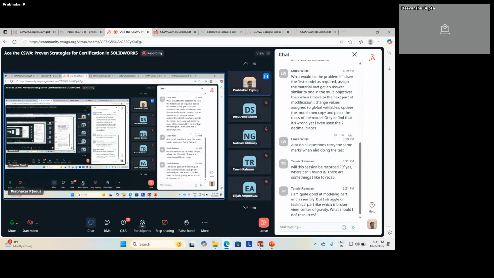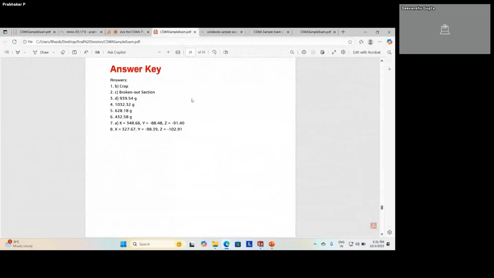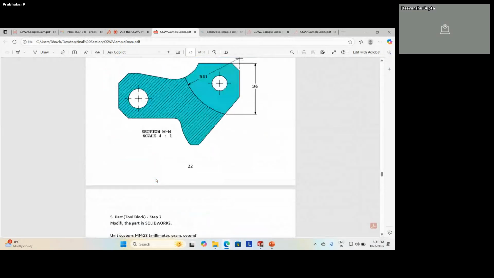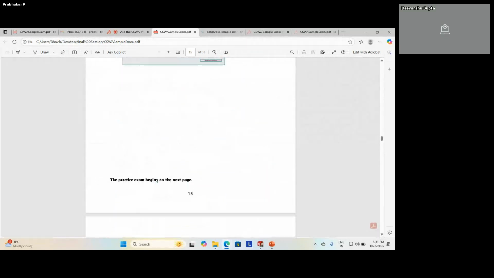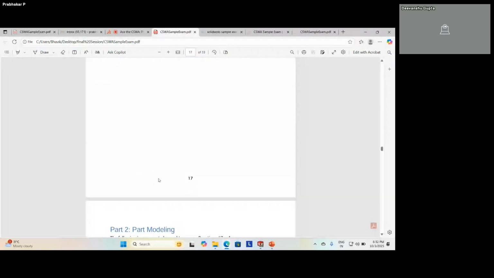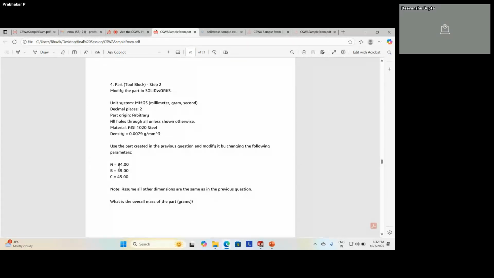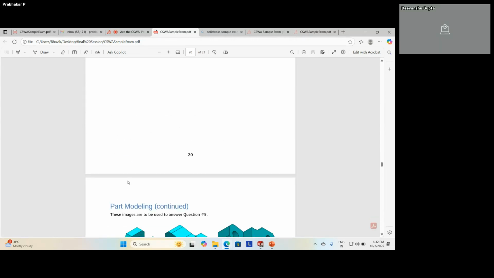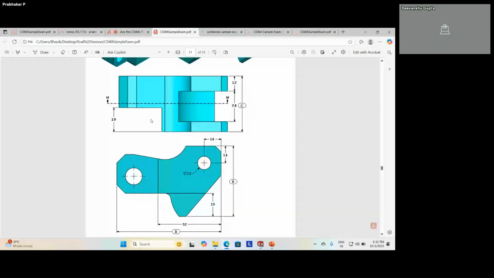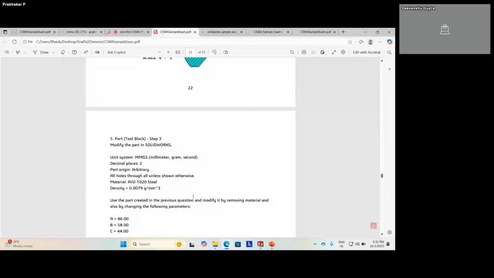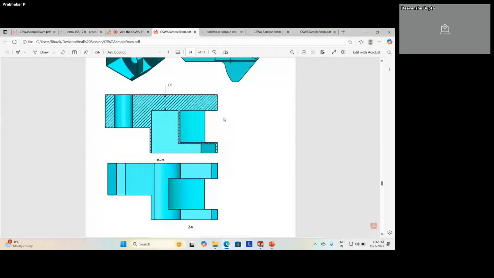Also, do all the questions carry the same mark? No. When you build a first model, the weightage of the questions will be high. Likewise, when we saw here, choose the best answer for these questions, usually it will be like 5 marks. And when you are building the models, it will have some 15 marks. And when you're changing the dimensions like ABC, usually it will have like 10 marks. Slightly 5 marks will be reduced. So once again, when you're doing some major modification, this type of question will have 15 marks. When you select, the question itself will show how many marks are assigned to it.